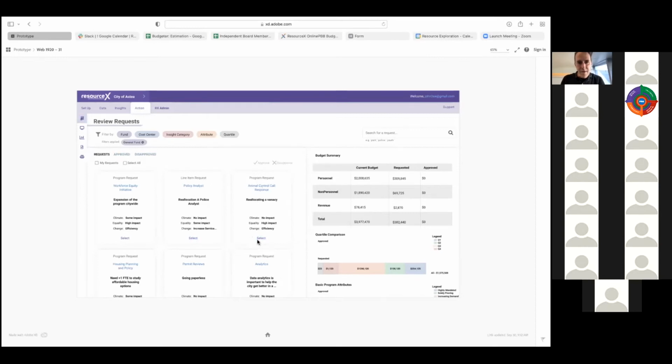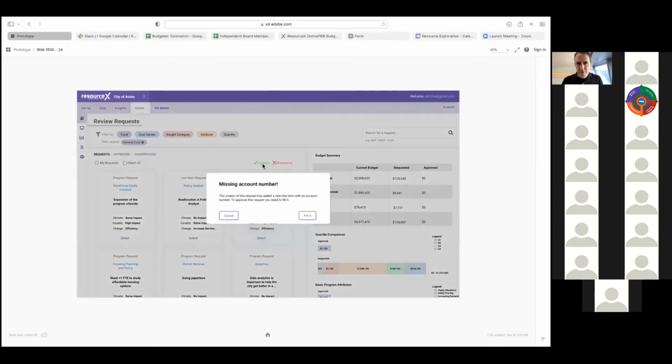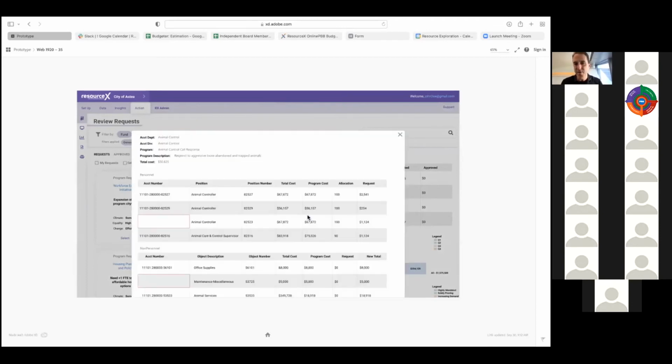And I want to select, let's go ahead and approve our animal control. Okay, I had mentioned earlier on that for any given request that you are coming up with, the department may not have any idea what to do for a position number. If you're using position control, that might be something that takes place in the budget office. It might take place in HR. So if you are approving a request overall, you can go back in and tend to any of the missing